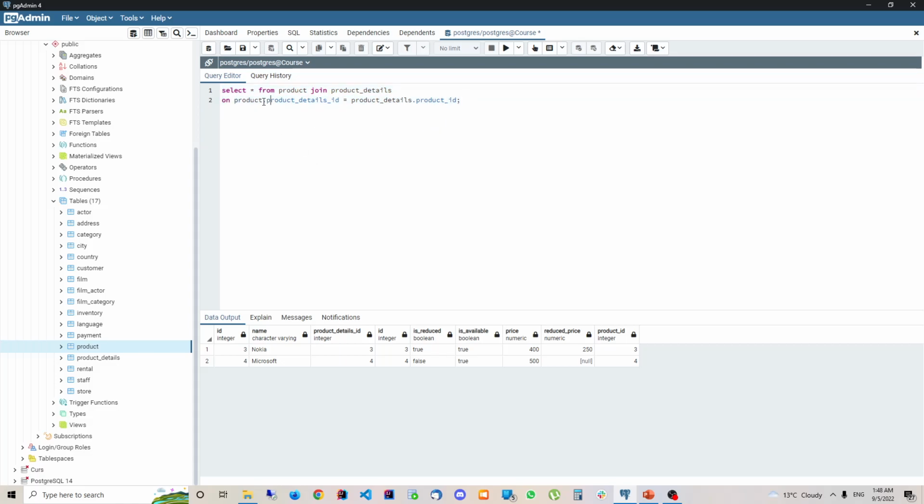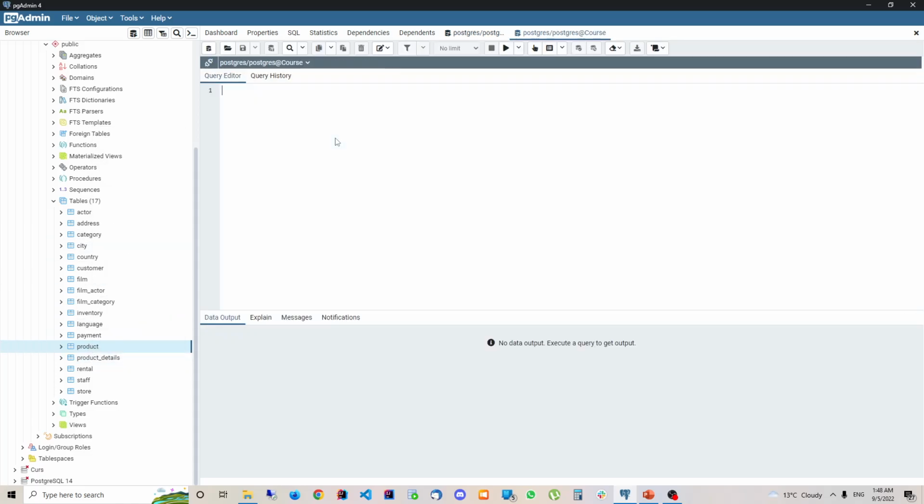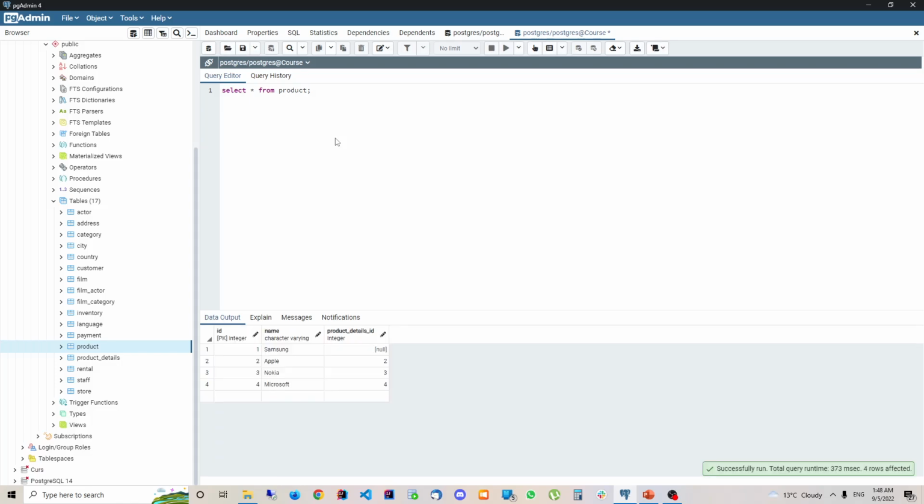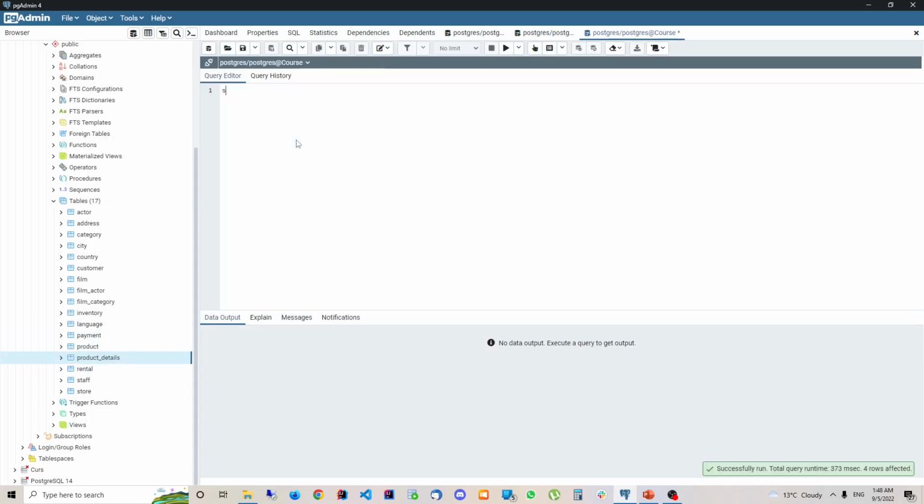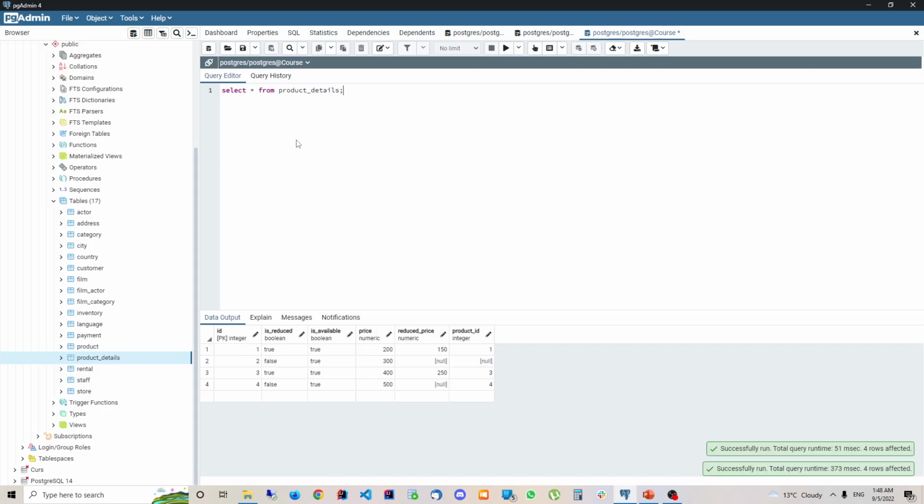And what this condition means, if this ID from the table product is equal with this ID. And let me try to retrieve to see every table separately. Okay, so